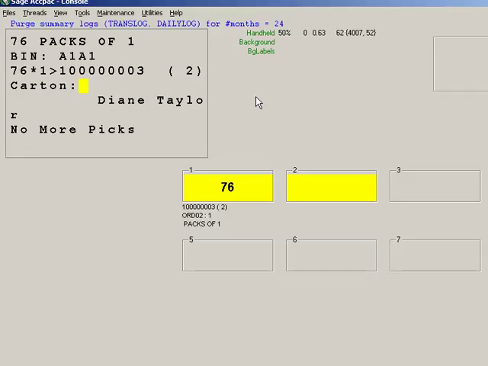And now I'm asked to go to the next bin. This is actually the same bin number, A1A1, because I'm again picking computer mice, but this time it's for a different order. So we have two different boxes at this point in time, one for the first order, the second for the second order. If we try putting these items into the same box that first order came from, I believe it had a carton number of 10000004,